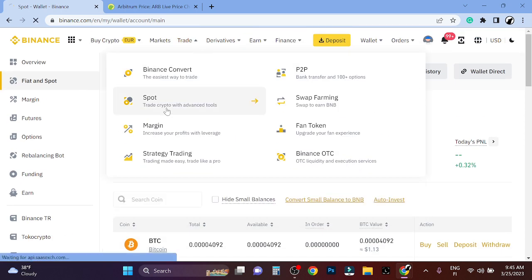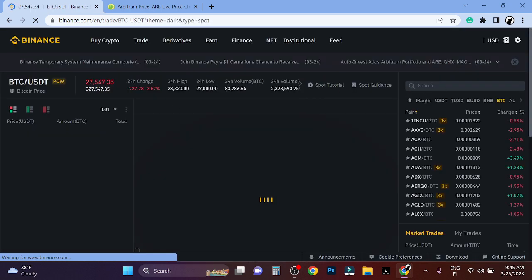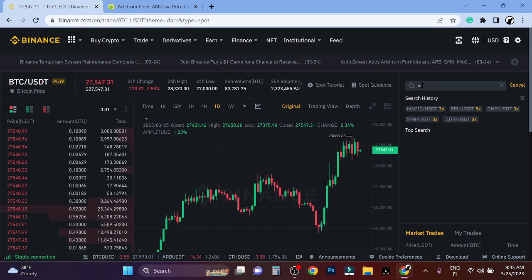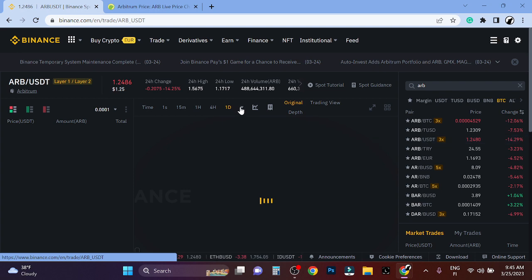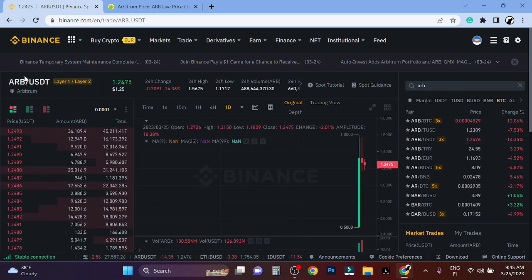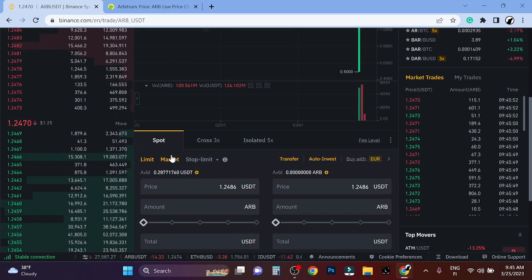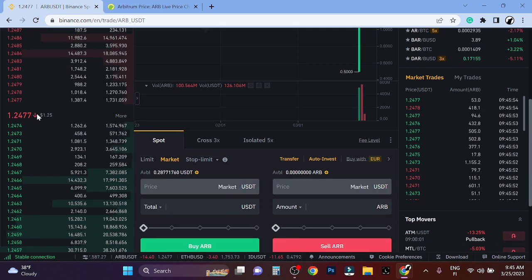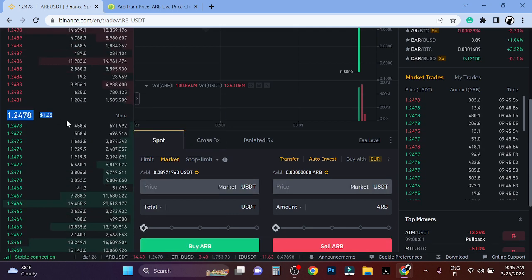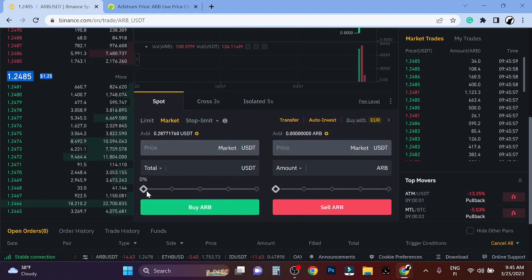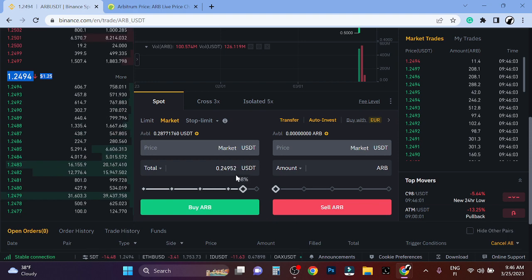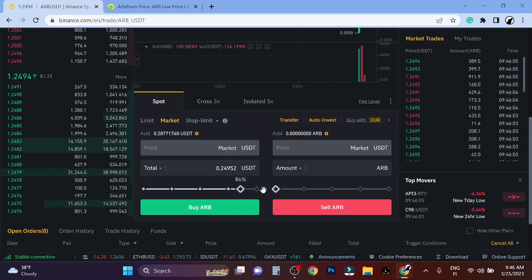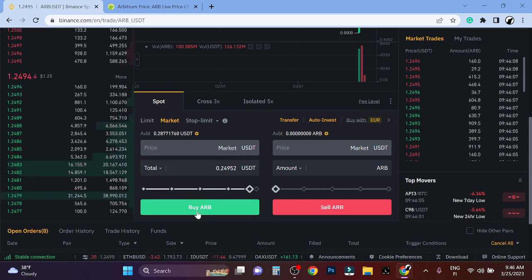Okay, so now when you have the USDT, you simply come to trade. Okay, you click spot here, then you click search again and type in ARB, right? And then you click USDT. Okay, and here you can literally just trade your USDT to ARB. So you come here, click market, so you buy it with market price, which means like the best price right now, and then you just select how much you want to buy. Simply slide this thing here to select how much you want to buy, or just type in how much you want to buy, right? After you have selected how much you want to buy, simply click buy ARB, and then